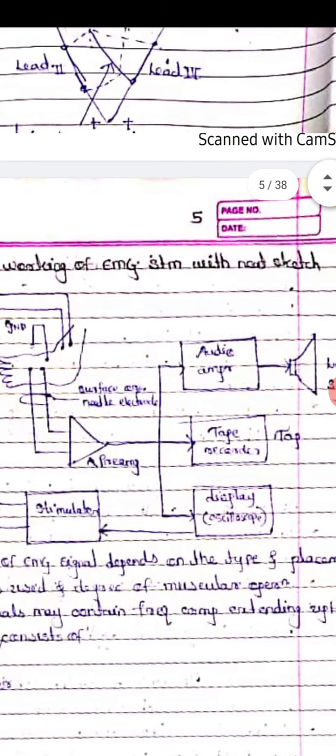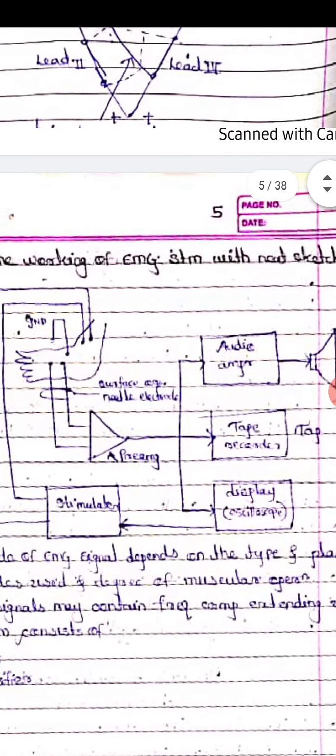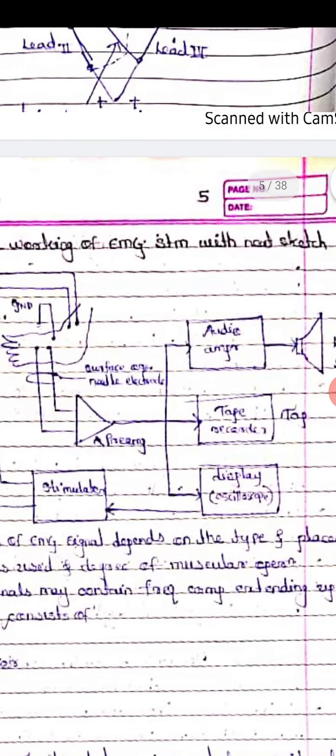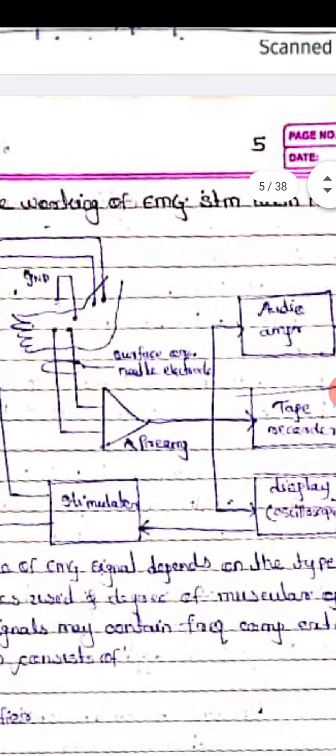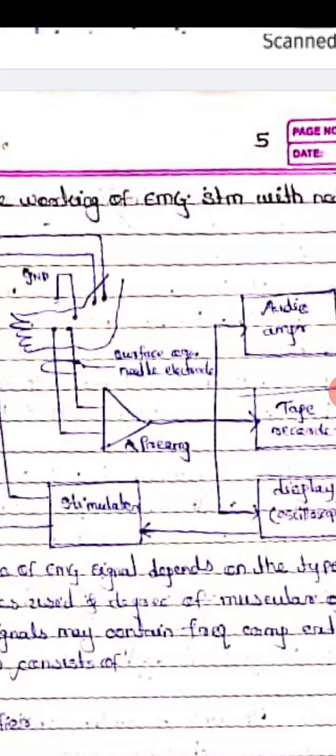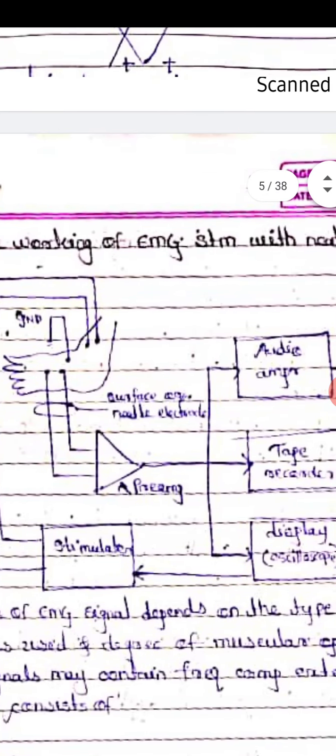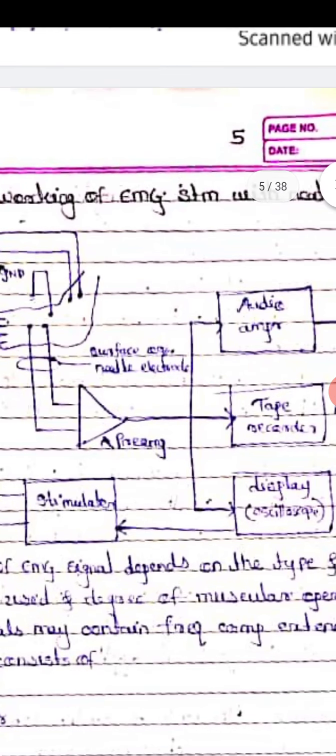The next ones are the preamplifier and filters. In the preamplifier, a number of amplifier stages are used. The signals picked by the electrodes are given as an input to the preamplifier. The preamplifier gives a good frequency response, good gain of the signal, and also high CMRR. It gives an adjustable bandwidth; those characteristics you should have in the preamplifier.